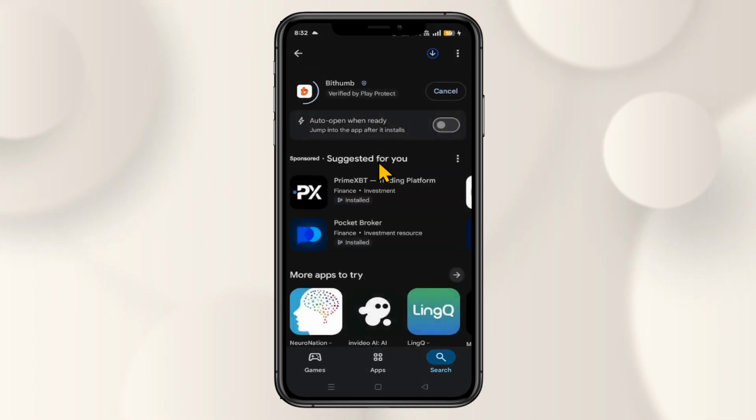Tap on the install button, which will now begin the download and installation of the Bithumb app on your device. Just wait for a while until the installation is completed. And once you see the open button, you can tap on it to open up the app. You also have the auto open toggle, which you can enable to automatically launch the application once the installation is